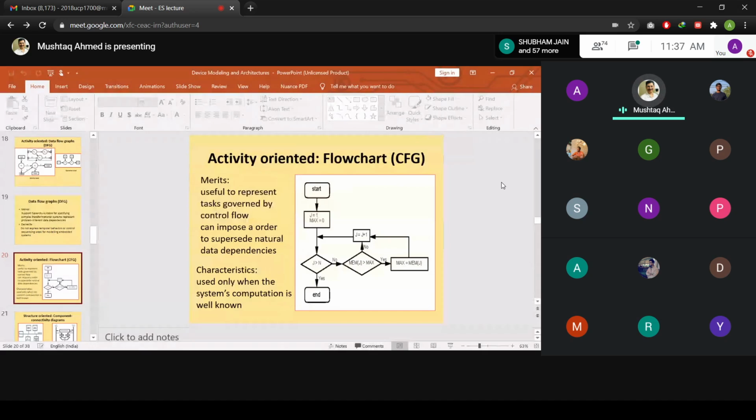Okay, another is the control flow graph, where the different types of operations are shown; it is quite similar to a flow chart. All these inputs, various stages, and the types of operations that need to be performed are there. Depending on the condition, whether it matches or not, you need to make the transition from one stage to another. So we all know about the flow chart, which is also referred to as a control flow graph.